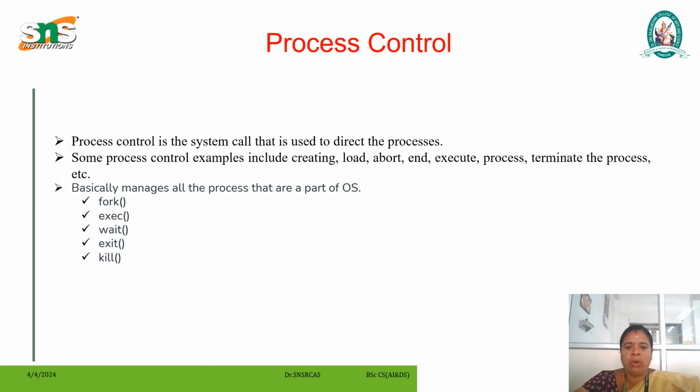Next one, exec. Load and run a new program in the current process and replace the current process with the new process. All the data such as stack, register, heap memory, everything is replaced by the new process, and this is known as overlay. For example, when you execute Java bytecode using the command java filename, then in the background an exec call will be made to execute the Java file, and the JVM is also executed. Next one, wait. The primary purpose of this call is to ensure that the parent process does not proceed further in its execution until the child process has finished its execution.